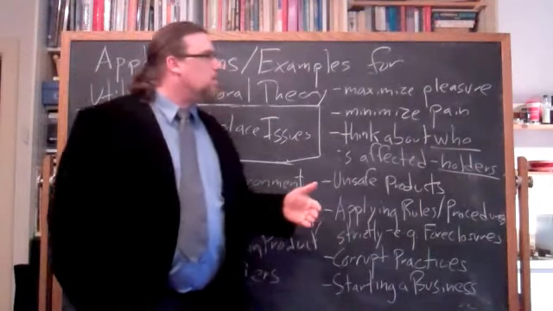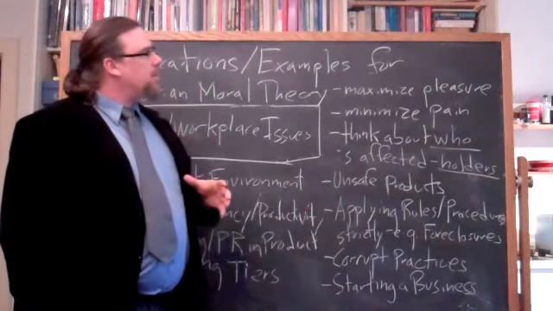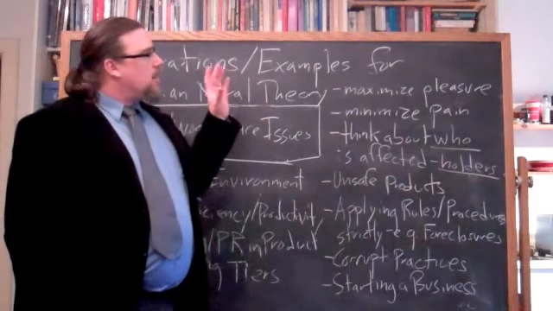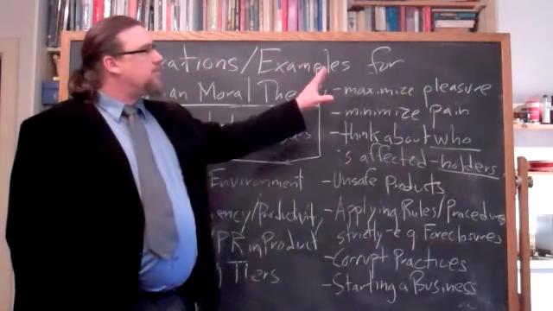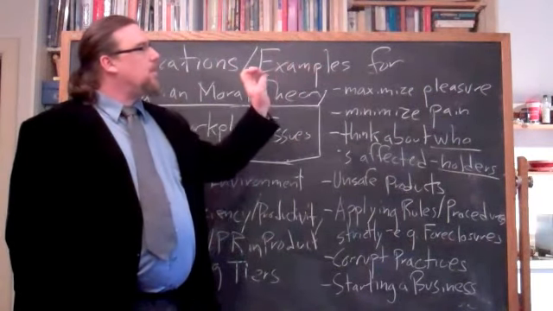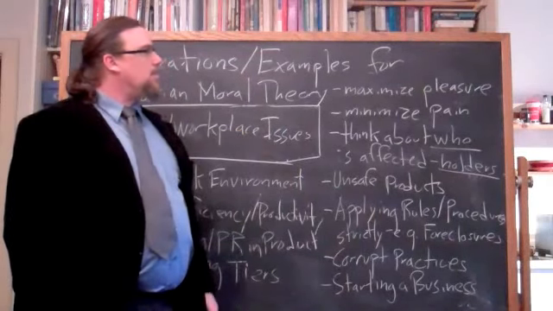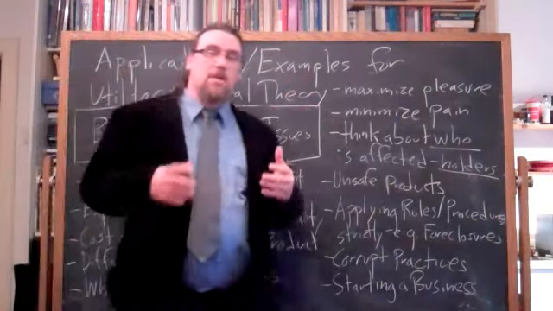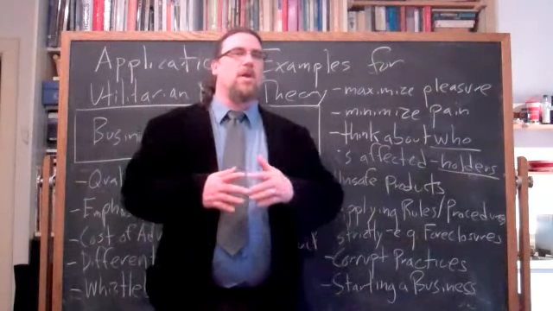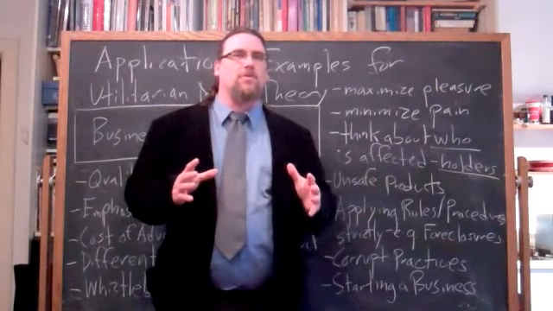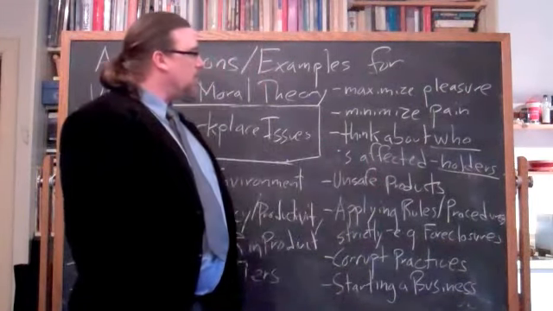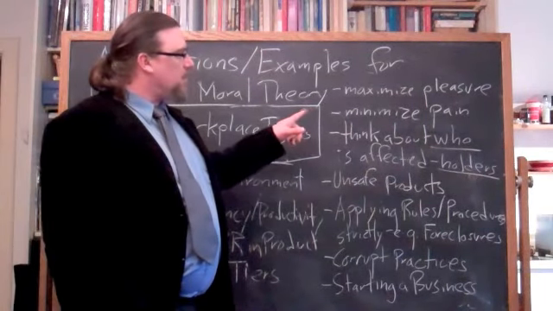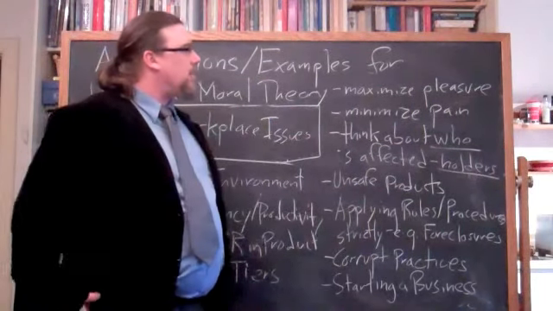Now, just to review, when we're thinking about things in a utilitarian way, we're looking for maximizing pleasure or happiness, however you want to put it. Bentham allows multiple ways to conceive of this. And we're aiming at minimizing pain, but we're looking at it overall. So we're not looking just at one single person, we're looking at the entire community of people affected. So like I put here, think about who is affected.